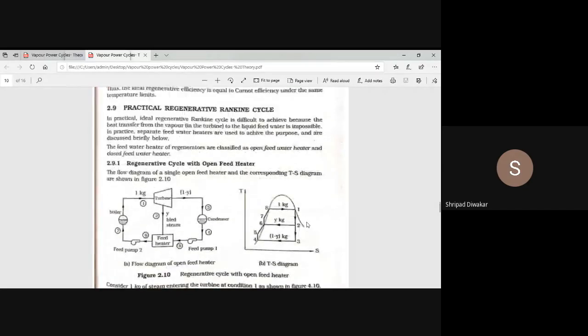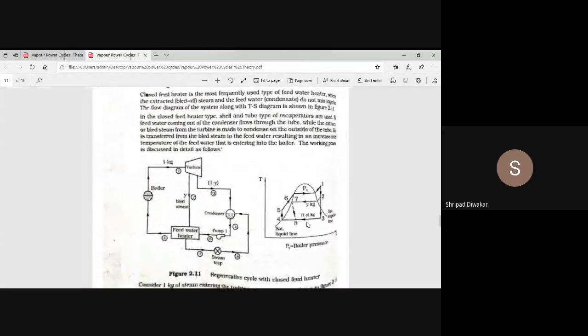So whatever I shared in the Google Classroom, you just go through that much only. It's enough. Don't go beyond that. Around 6 to 7 pages are there. The theory, whatever I shared, is the same thing I am showing here. Just read that much. All the important things, the concepts, the regenerative cycle, everything is there.